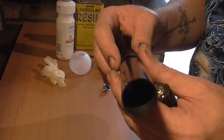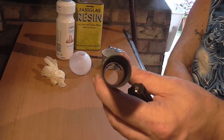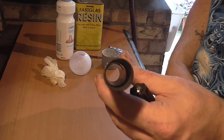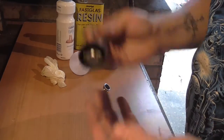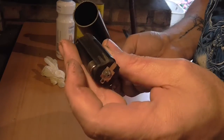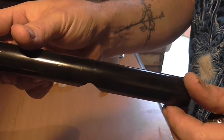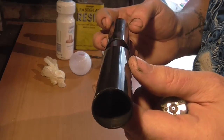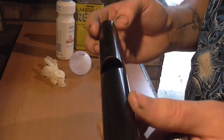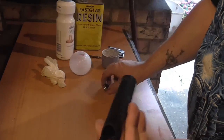What I did is, I don't know if you can see, can you see the tube? I've actually sanded out some of the tube so I can get the battery pack in and out quite easily. There we go. And I also drilled a hole. There we go. See that? You can probably see it through the end. No. Anyway, I drilled a hole in the plastic as well, and that's for...